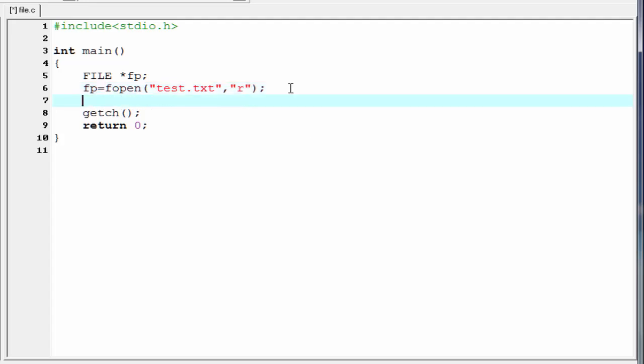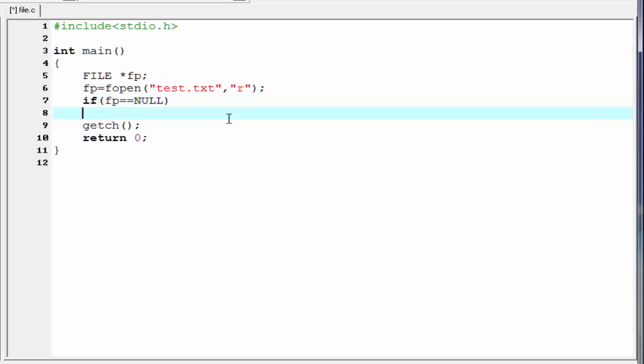The next thing is, there is a possibility that when we try to open a file using the function fopen in reading mode, the file may not open, because the file being opened may not be present on the disk. So we need to check the file pointer fp. If it contains some value or address, then the file opened successfully, and if the file pointer contains NULL, then the file cannot be opened. For that, I'm going to write here if fp equal to NULL.